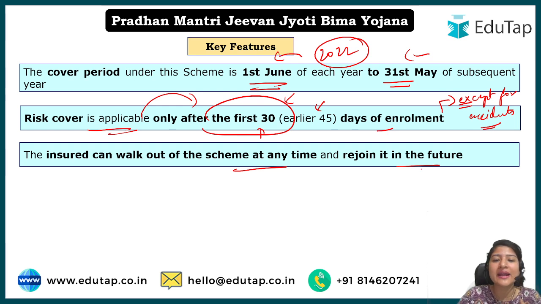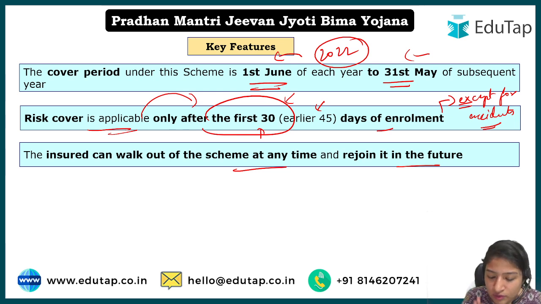For example, if this year I don't feel like contributing to it, I can just inform the bank, and they will not auto debit, because it happens by auto debit, right? So they won't auto debit the amount. And in future, if I want to be part of it, I'll just inform the bank or LIC, from wherever I became part of this scheme, and directly tell them I want to rejoin. Okay, so these are the basic criteria.